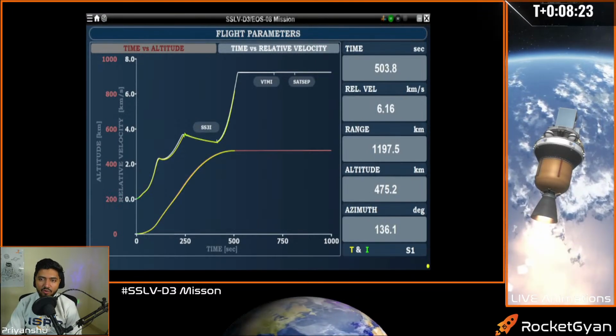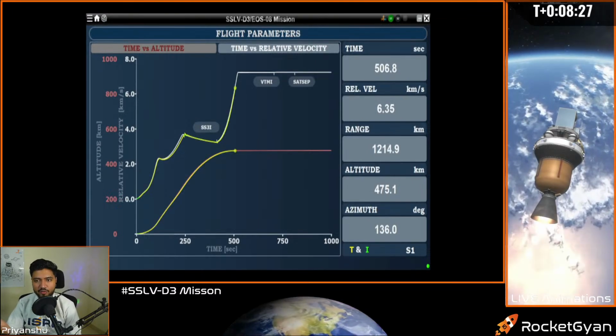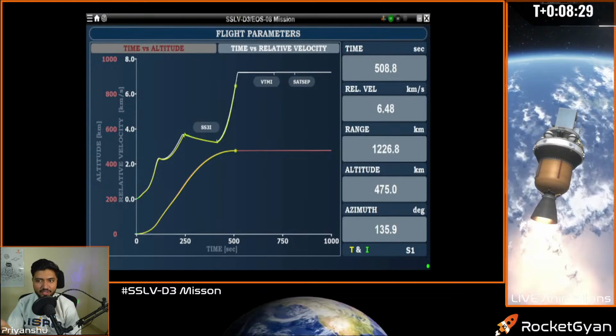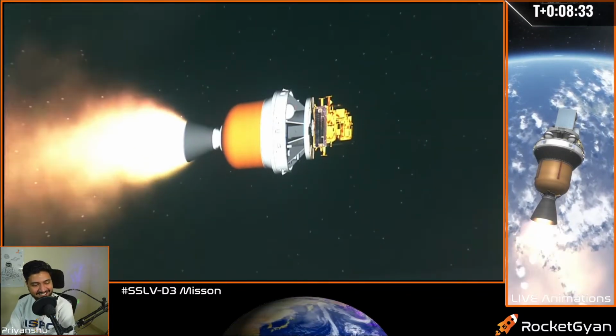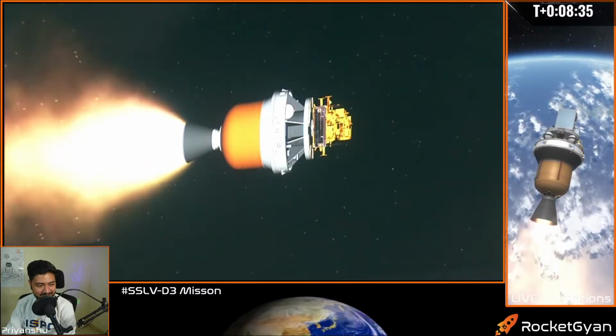And you can see now it has already corrected itself. You don't even need a velocity trimming module thing, right? That's amazing. We will see when SS3